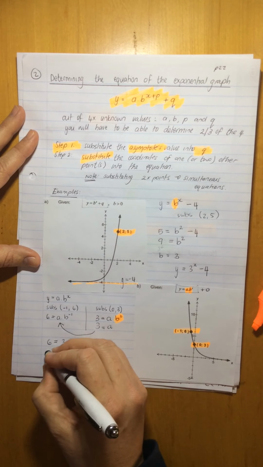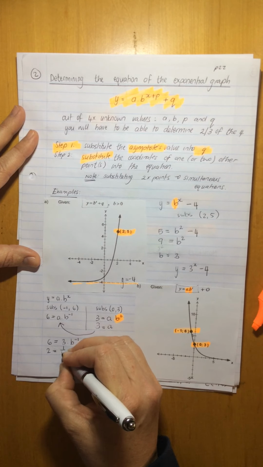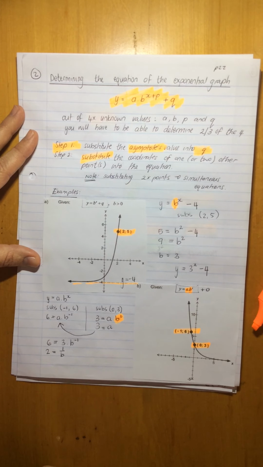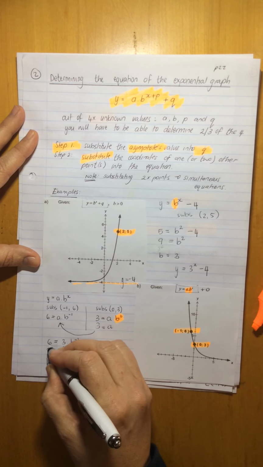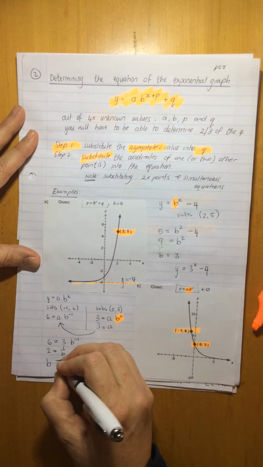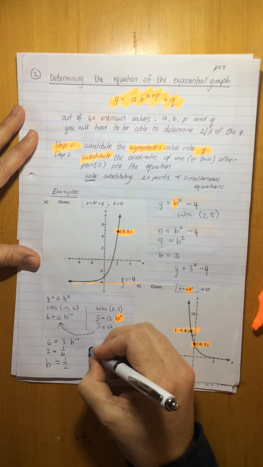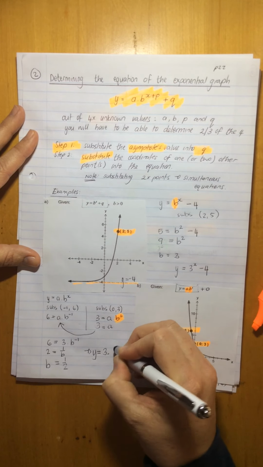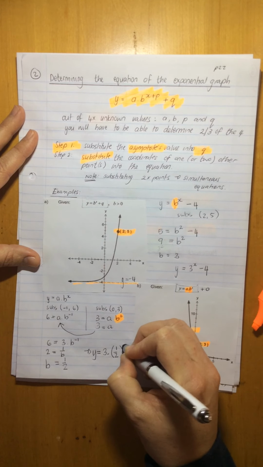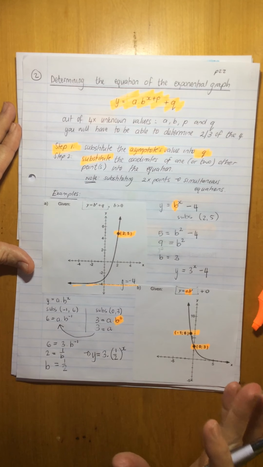So divide both sides by 3, and b to the negative 1 is as good as me saying 1 over b. That means after I've done my algebra, times by b on both sides, divide by 2 on both sides, b works out to have a value of a half. So the equation for this graph is 3 times a half that is raised to the power of x. Okay, so that's a standard exponential function,